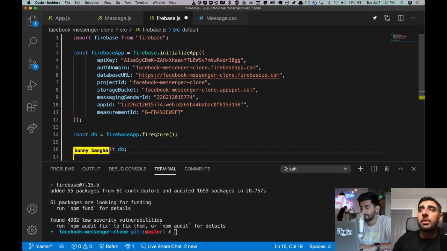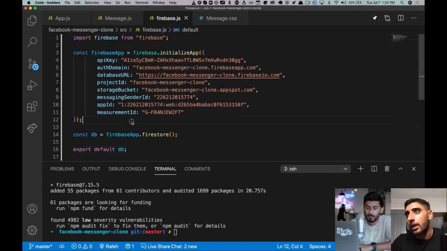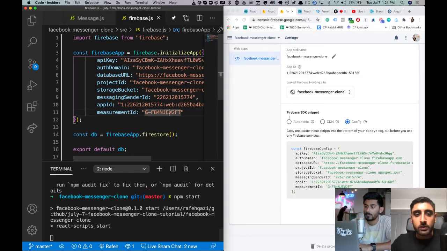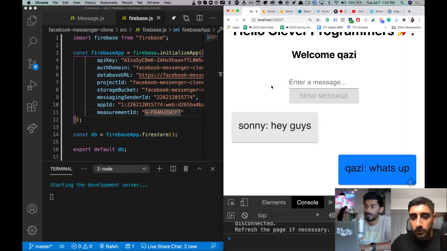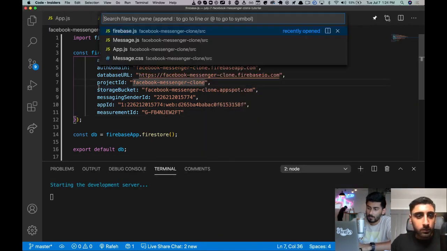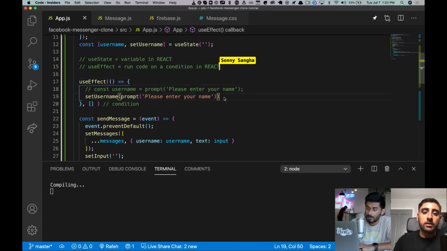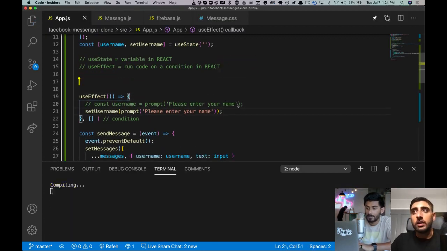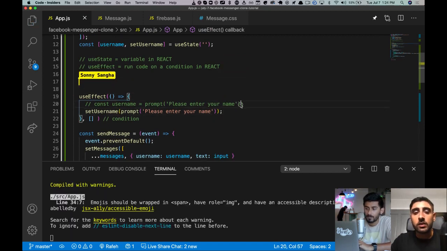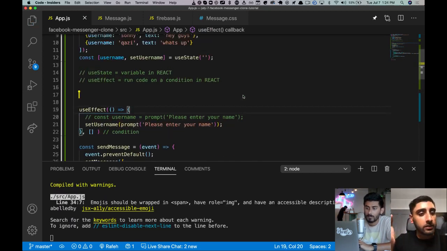So now we'll save this file and let's go over to our app.js file. Oh, that's what you meant. So it's just app.js. And then what we need to do now is create a use effect. And the reason why we're going to create another use effect, this is a cool fun fact. I didn't actually know you could have several use effects. You can have as many use effects as you want. It took me quite a while to figure that one out, but you can have as many as you want